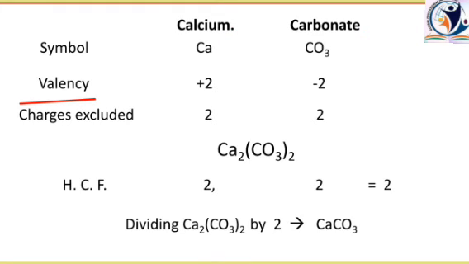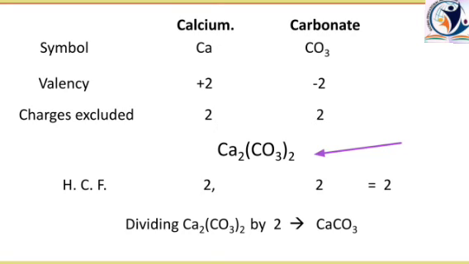Calcium is having the valency +2 and carbonate is -2. Next step, we will exclude the charges and just write the numbers. Calcium is having 2, carbonate is also having 2. It will be followed by cross multiplication. That means calcium will be multiplied by 2 and carbonate will also be multiplied by 2. Now we are getting the formula as